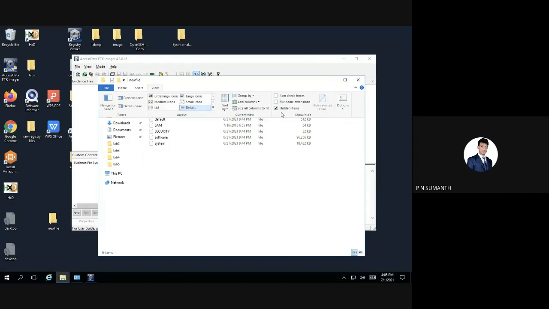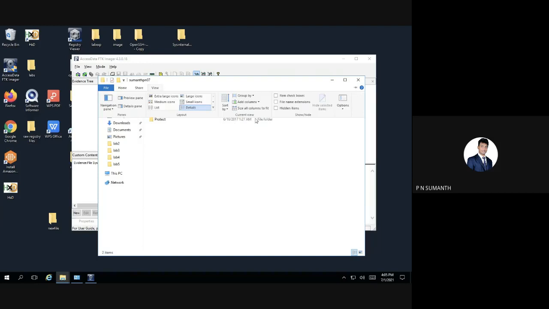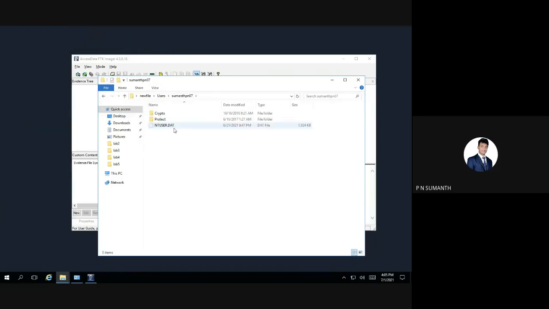So here I will put show hidden items, and all the files will be available. So here are the users data and also the other files, and here also one more NTUSER.DAT, which will be hidden, since it is visible only when you show the hidden items.